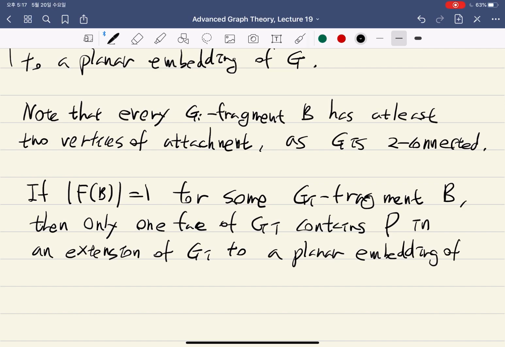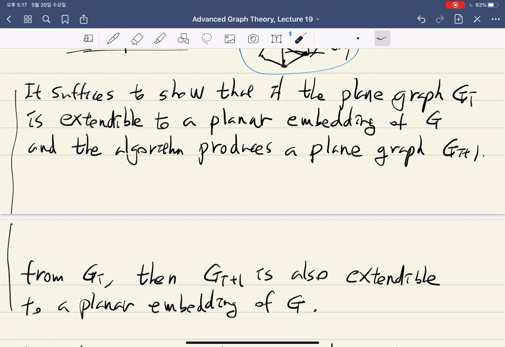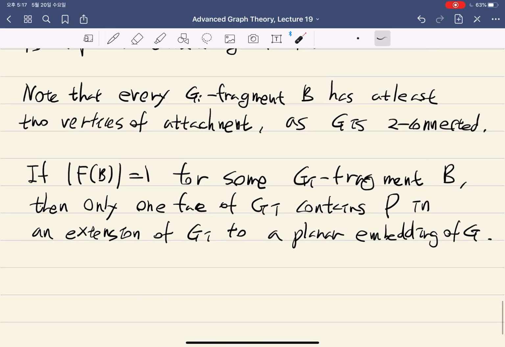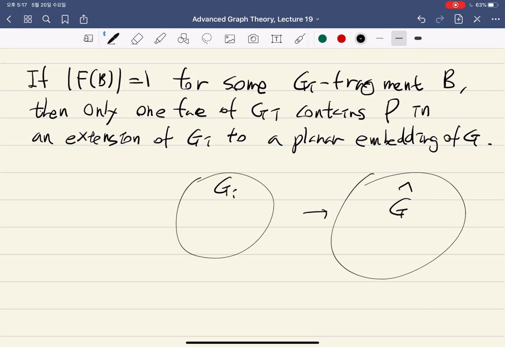Embedding of G. So what's our assumption? We assume that the G_i is extendable to a planar embedding of G. So that means for given G, G_i already embedded, there is at least one way to embed it. Let's say we embed the rest of them. Once you embedded the rest of them, so this is one fragment,